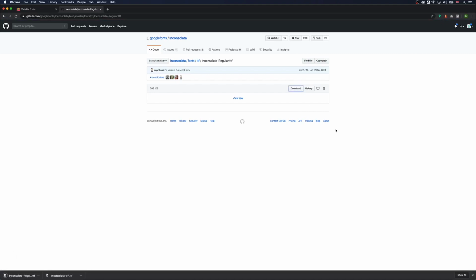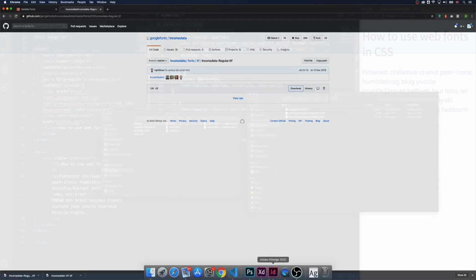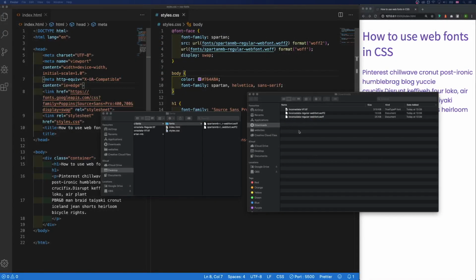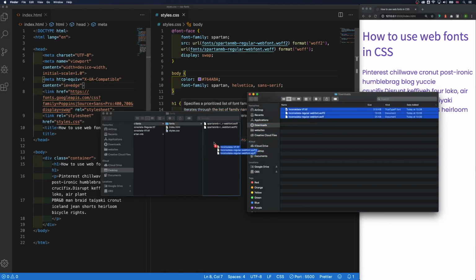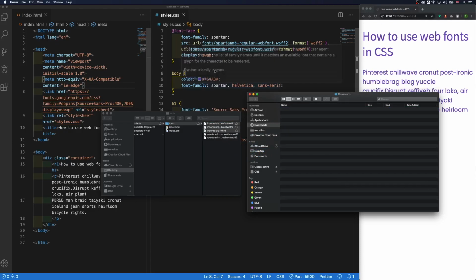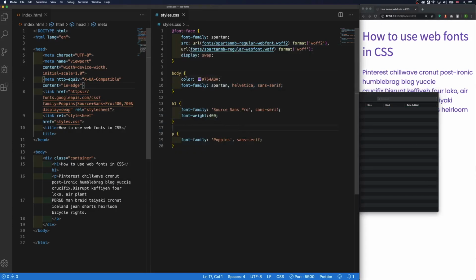And what we need to do next is what we discussed earlier. We need to convert this TTF into the WOFF files. So I'm going to go away and do that, and I'll pop back in a second when it's done. Okay, so now that we have converted our fonts, we should have three font files. We should have our Inconsolata VF.ttf and our two WOFF files for our backup fonts. So let's copy this into our fonts folder,